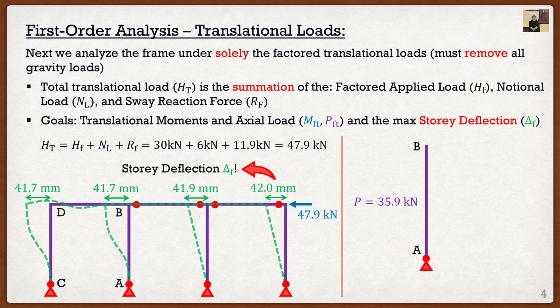So again, sign convention matters here a lot. Remember, in our last analysis for gravity, we had it as negative, or in compression, which makes sense under gravity loads. Under these translational loads, this member, AB, actually turns into tension. So this is why you really want to make sure that your sign conventions are up to date, because if I had this in compression thinking, it's a column, chances are it's in compression, well, I shoot myself in the